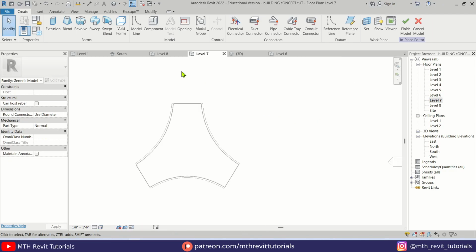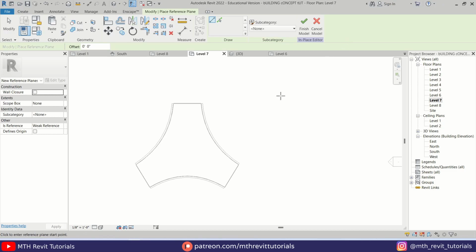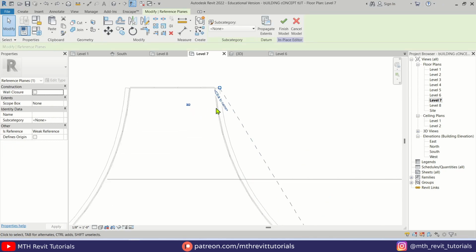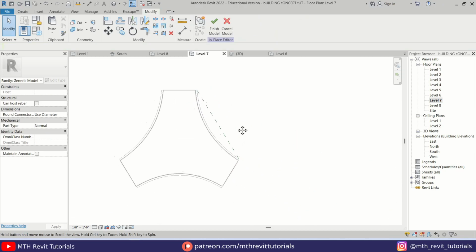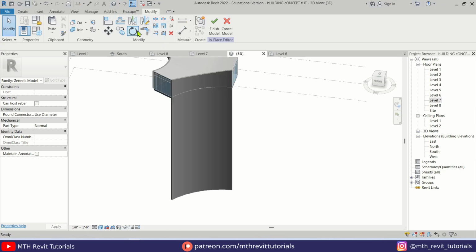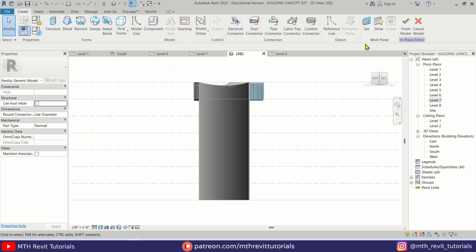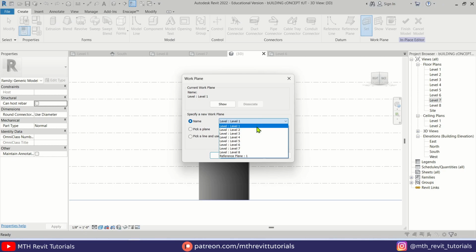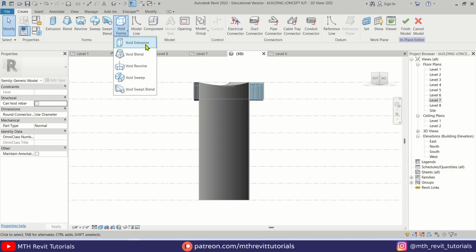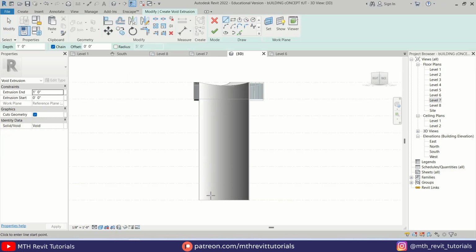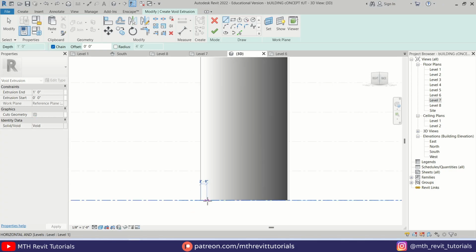So let's go to level 7 and select reference plane, and we'll create one from that point to this, and let's name it 1. And now let's go back to 3D, and we'll just go to the elevation, and let's set the work plane to the reference plane which we have just created. Just go to create and click set here, and I'm just going to select the reference plane 1 from this drop down. Just click OK, and we'll use void extrusion,